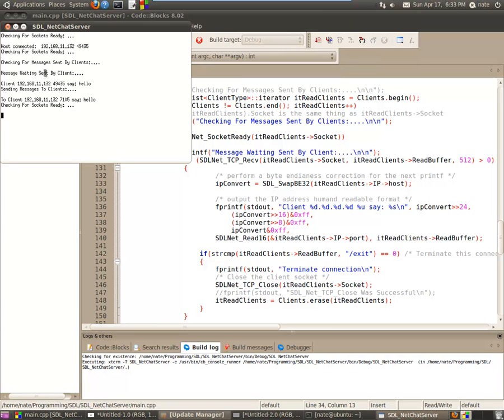And so we received a message from it, and then we sent the message out to the client here. So here we can see where the client is getting the message sent to them after the fact. And we can see the IP address for each time when we're sending and receiving to them. So very cool. And we can see that the client said hello, and we sent hello back to the client